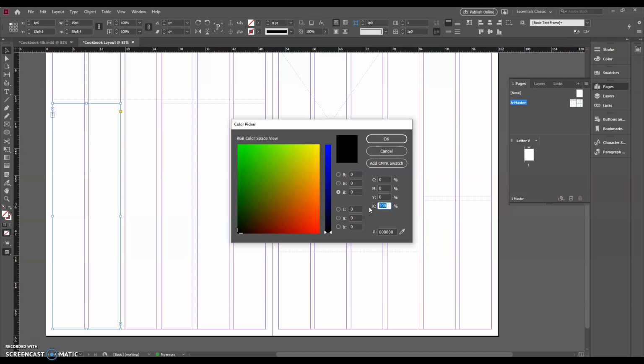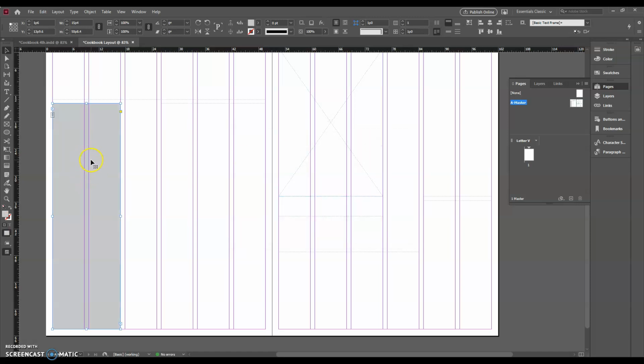And so I'm just going to change this to like a 25% for my key. And it's just this kind of light gray. 0 for the cyan, magenta, and yellow. So this is really just 25% on there. And I'll hit OK. So we've got this light gray. You can do this or not. It's really your choice. But I just want to show you how that kind of shows up on the master,